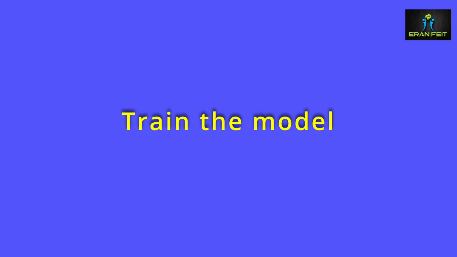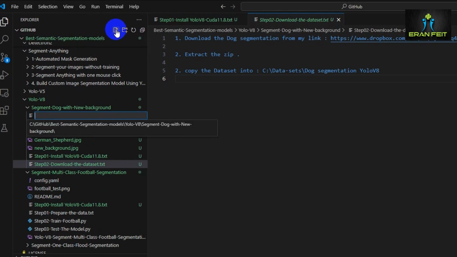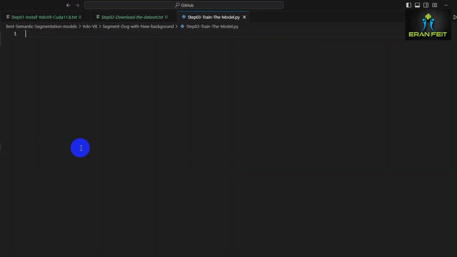So now we are ready for the training process. We will use YOLOv8 in order to use the pre-trained weights, and we will first of all create a fresh new Python file. Let's call it step number 3, and this Python code will generate our model and run all the training process. So let's start with importing the YOLO object out of the Ultralytics library,